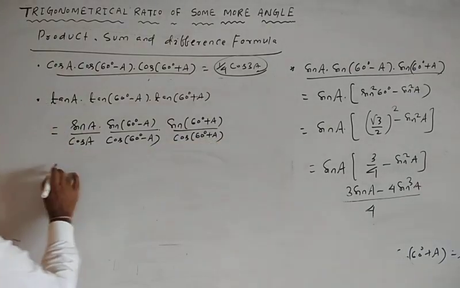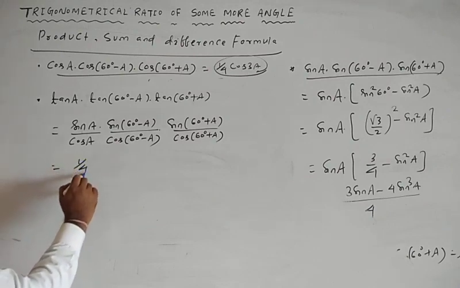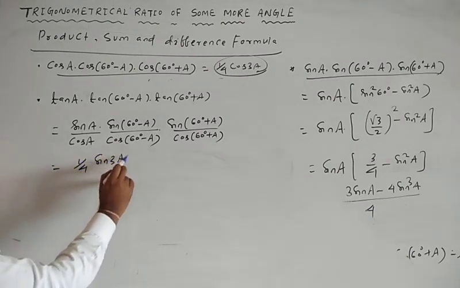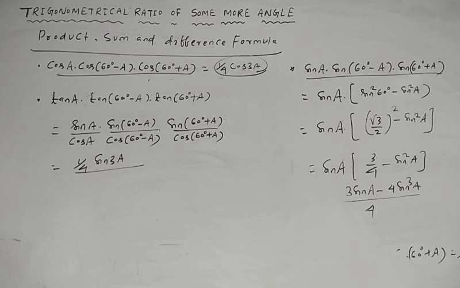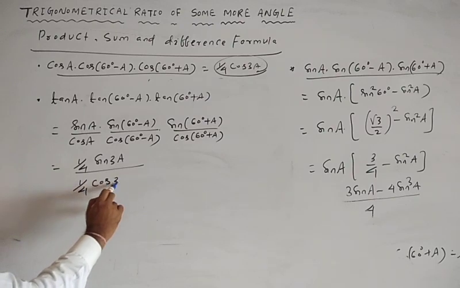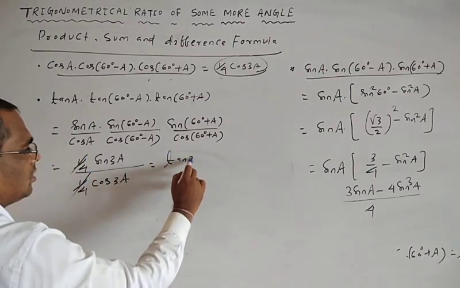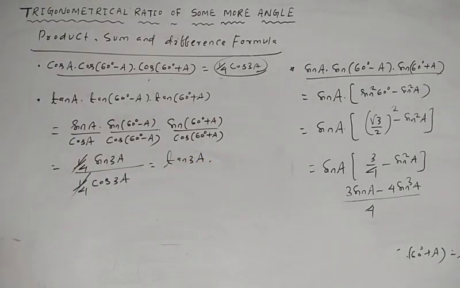So in the numerator, sin A into sin 60 minus A into sin 60 plus A is equal to 1 by 4 sin 3A, and in the denominator this is also another formula, cos A into cos 60 minus A into cos 60 plus A equal to 1 by 4 cos 3A. So 1 by 4 cancels, so this is equal to tan 3A. So tan A into tan 60 minus A into tan 60 plus A is equal to tan 3A,